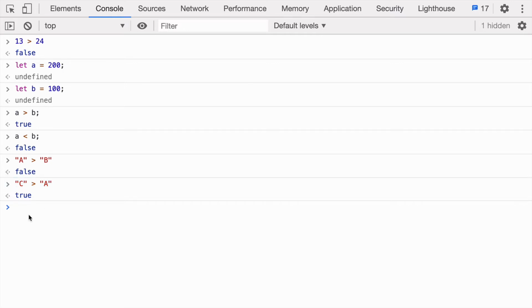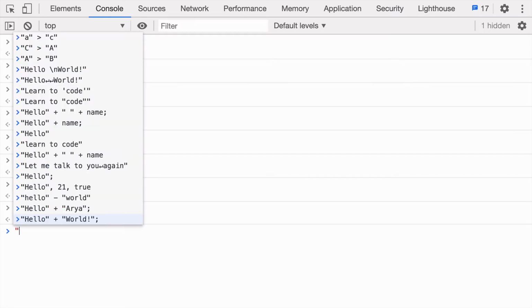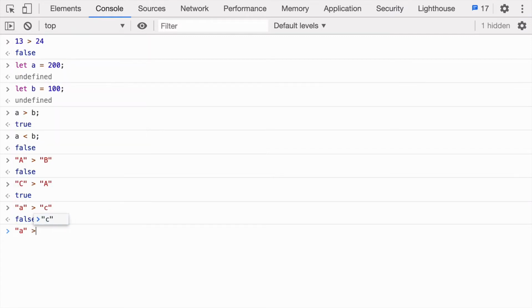So string comparison follows a dictionary order which starts from A and goes till Z. We can also compare lowercase letters, like lowercase a greater than lowercase c. It will be false because lowercase starts from lowercase a to lowercase z. But what if we mix them, like lowercase a is greater than uppercase A?